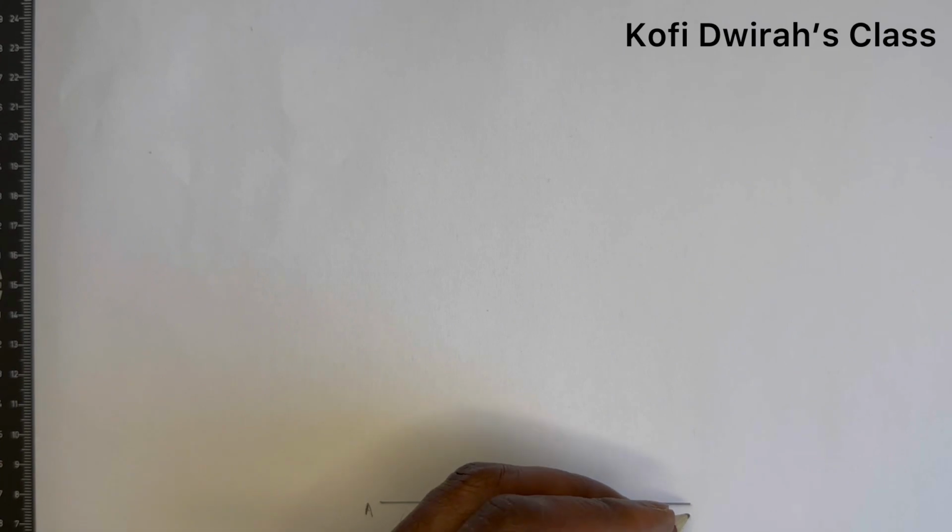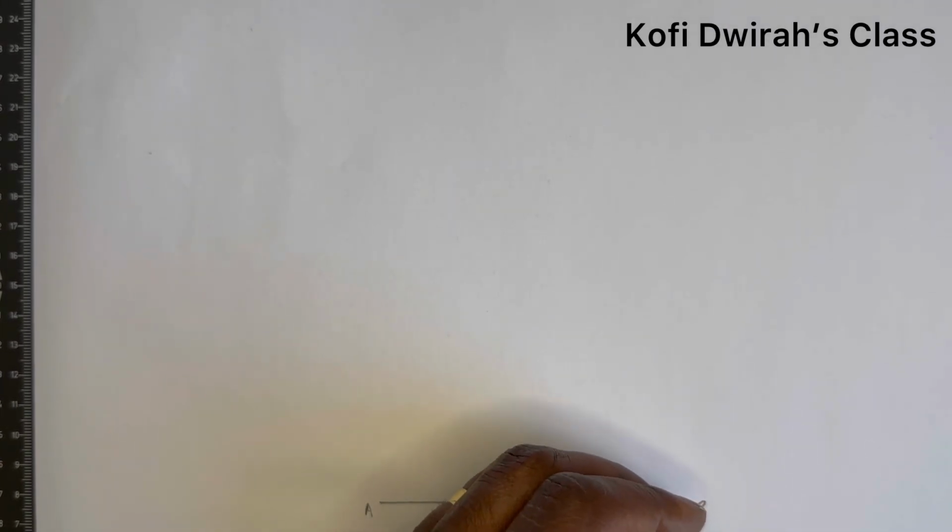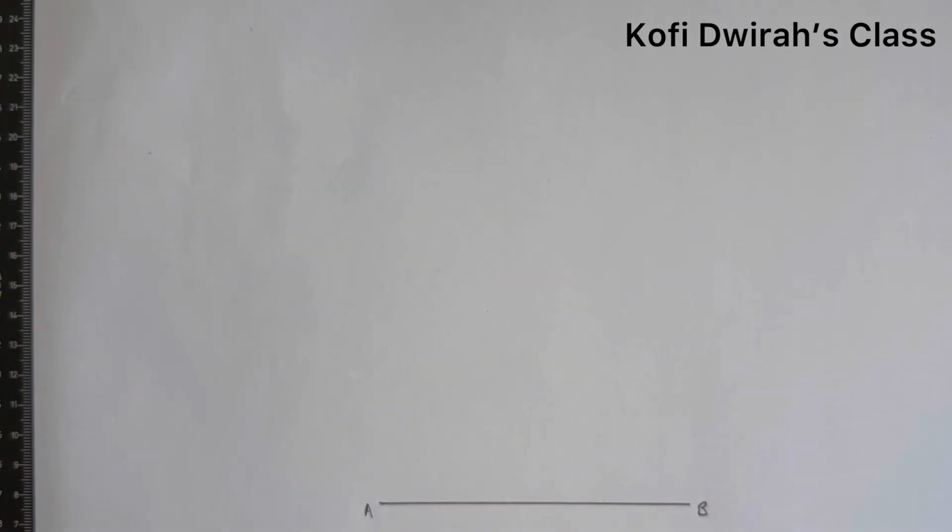We have this side to be A, and we have here to be B. Then, after drawing line AB, which is one side of the triangle, at point A,